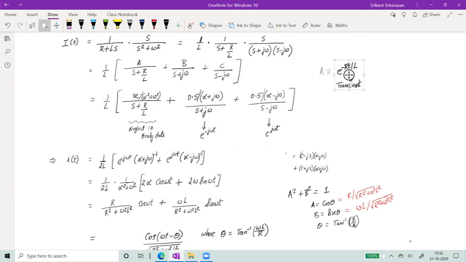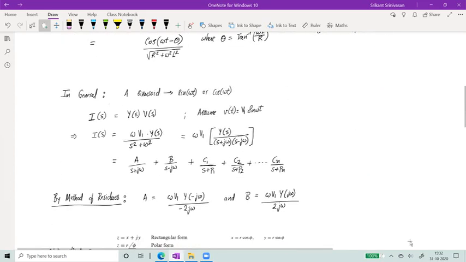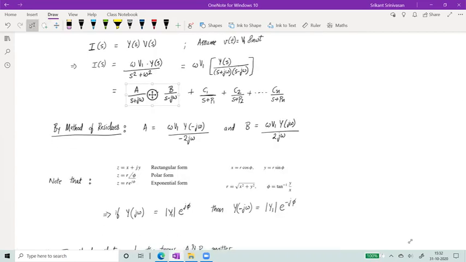Therefore, what I can tell is, in steady state, I am neglecting the s plus R by L term in the previous example. The very same thing I can say about this new case, where I have split this into many terms: the remaining terms will have a natural response which tends to zero in steady state. All of them have to be exponentially decaying, e to the power minus P1 t, e to the power minus P2 t, e to the power minus Pn t. So all these terms are going to vanish. I'm only going to be left with these two terms for the steady state analysis. This is the critical point.